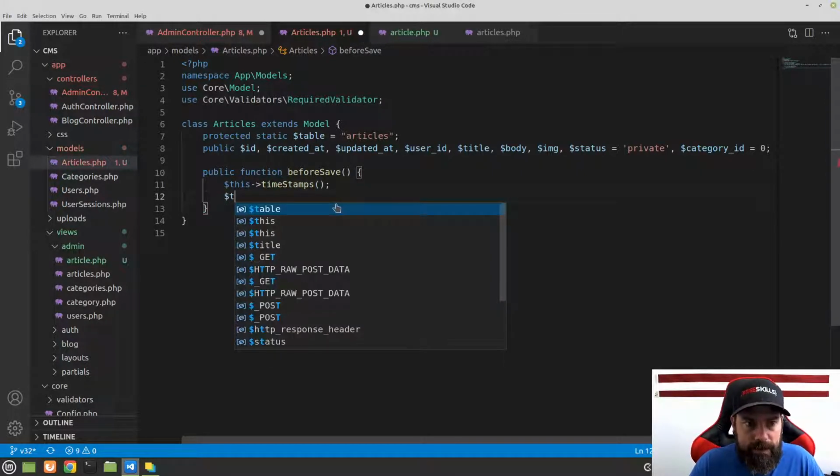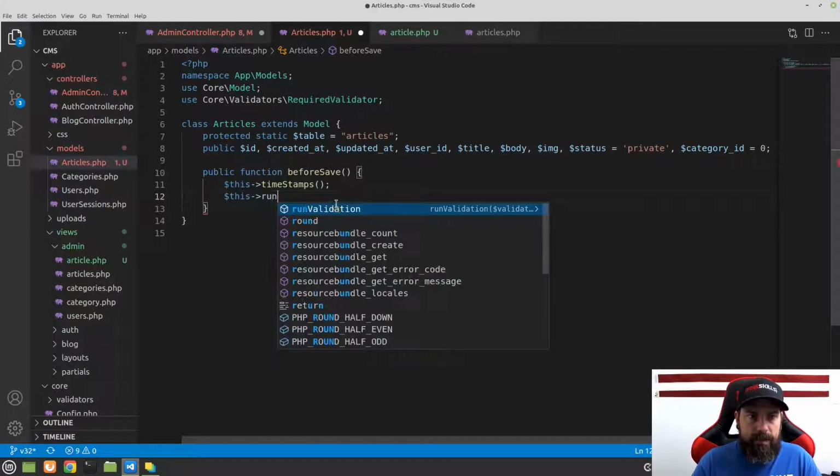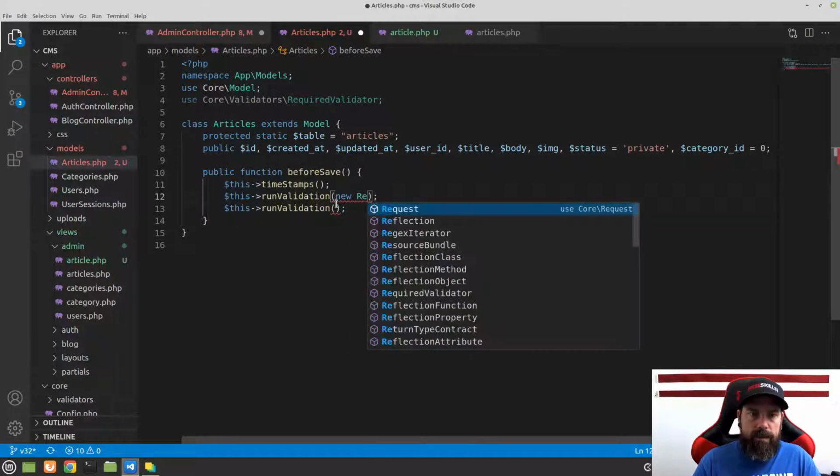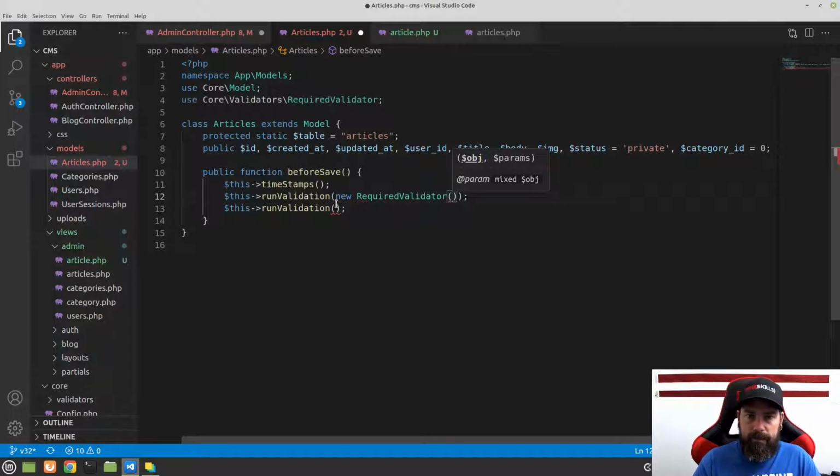The next thing that we're going to do is our validation. And so for validation, we're going to say this run validation. And we're actually going to have 2 of those. So I'm going to go ahead and set up both of those. And the first one is going to be a new required validator. And that is going to take in this as the first parameter. And then an array with field. And our field for this is going to be title. And then message is going to be title is a required